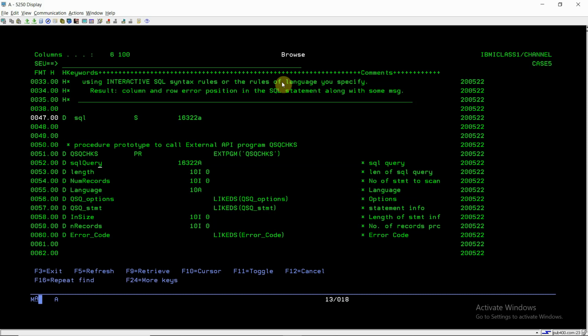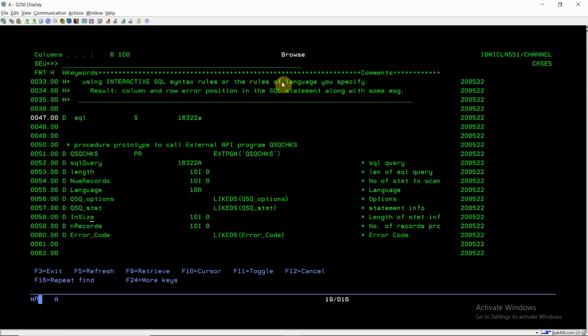Once that SQL query is validated using QSQchecks, we have information on that SQL query, whether it has any error or any other information.